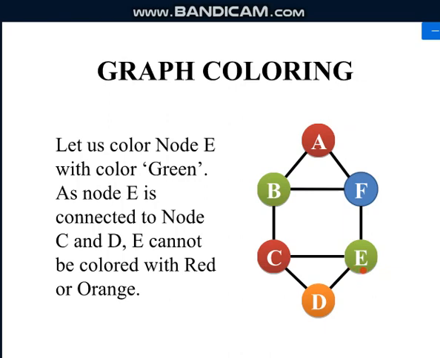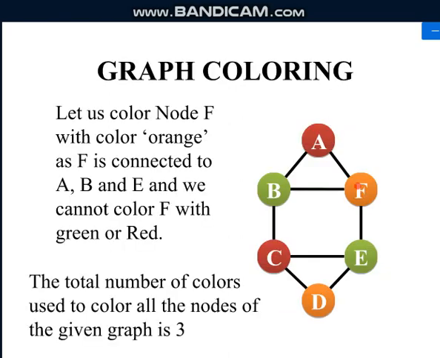Now node E, we colored it with green. Previously when we reached F, we should have used a 4th color. But now when we traced back and changed the order, that is A with red, B with green, C also colored with red, instead of coloring D with green we have used the 3rd color here. Then when you reach E, it will be colored with the 2nd color, that is green. Then again we will reach F and see what color we are supposed to use.